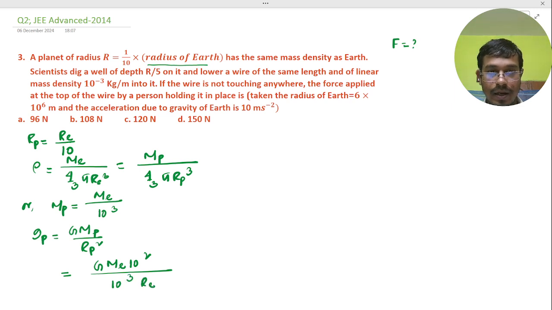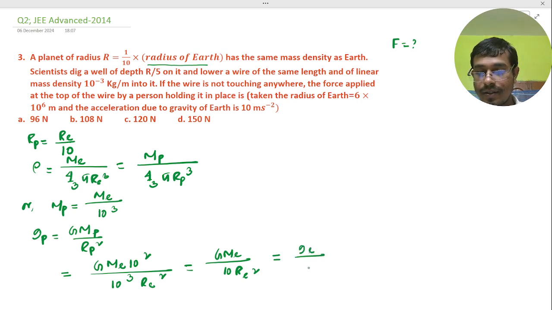Just put the value RE square and it becomes GME by 10 RE square, which is g of earth by 10, the surface of earth. So that the depth of planet, suppose let